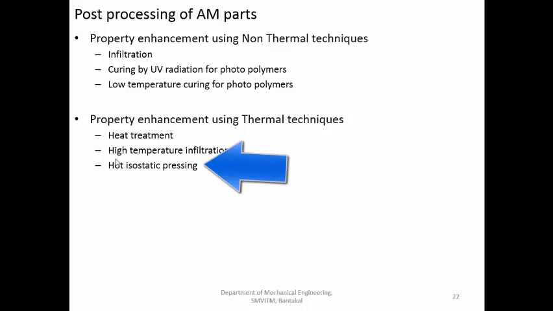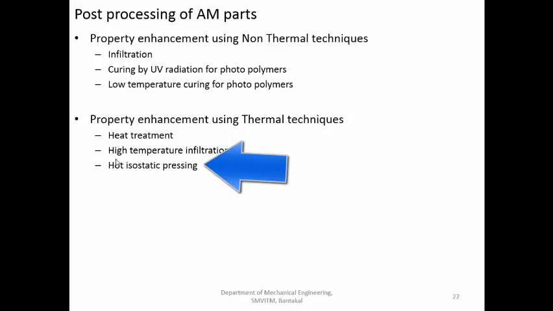When we squeeze the workpiece from all the sides, the pores are going to close together. Simultaneously, we are also increasing the temperature of the chamber. Because of the combined effect of high temperature and high pressure, the particles come closer, and because of the high temperature they are going to melt and fuse together, creating a very dense and also very high strength component. If you are not doing this, whatever component is created will not have sufficient strength. So to improve its properties, we are doing the hot isostatic pressing.